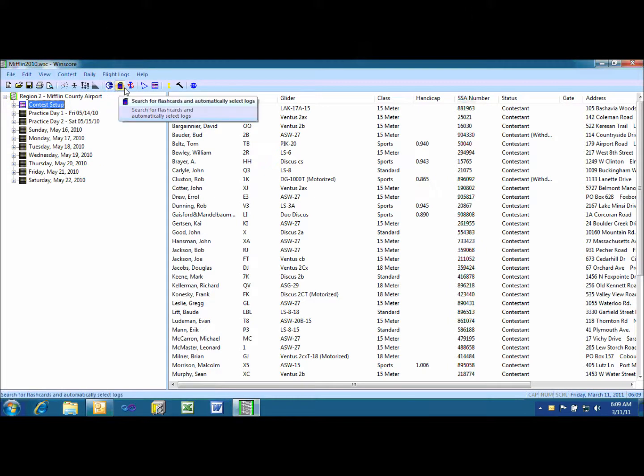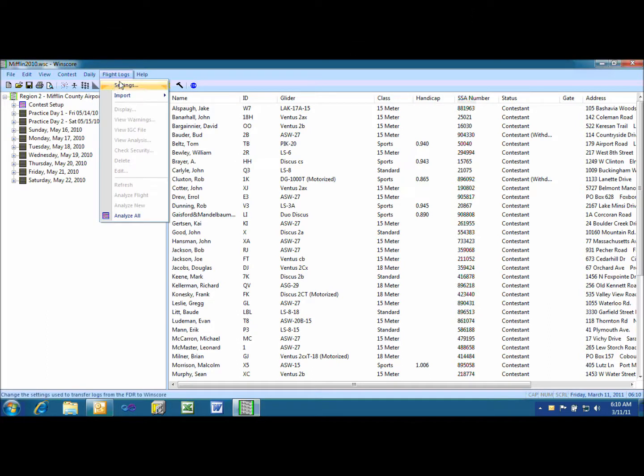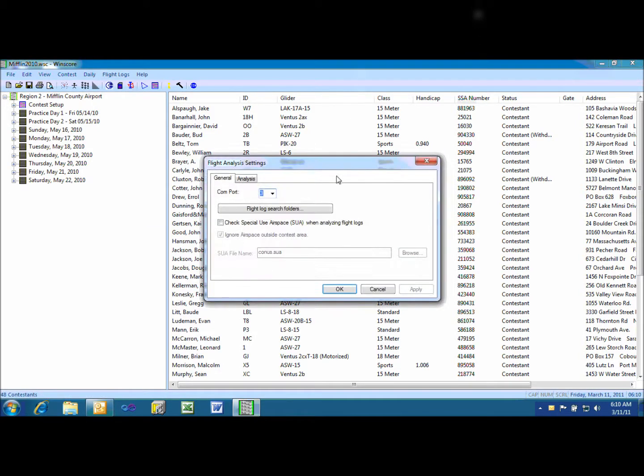Here are the three methods we discussed. You can bring in logs from a Cambridge recorder, or bring in logs from a compact flash card or SD card. Here you can specify the file names and copy it from another location, whether it be CD-ROM, or anywhere. Flight logs: what you want to do here before your contest starts is go into Settings, Flight log